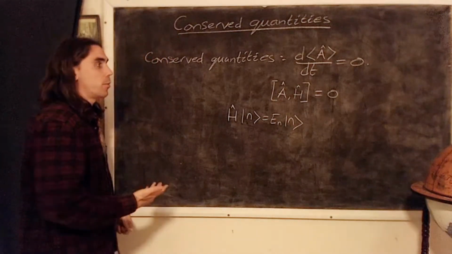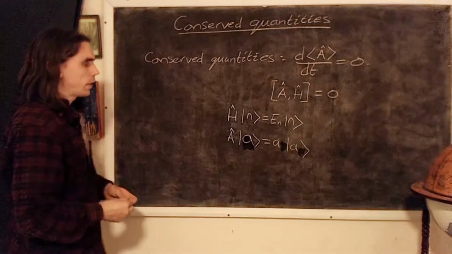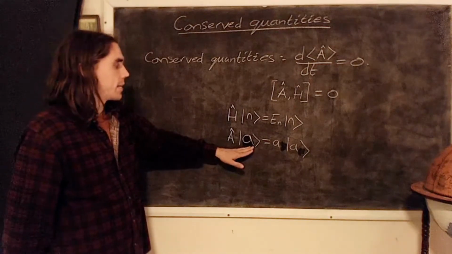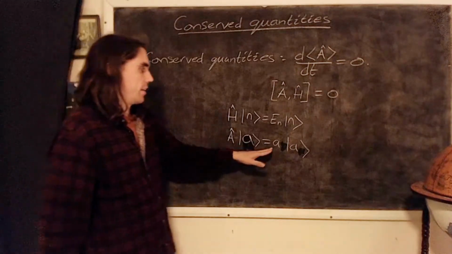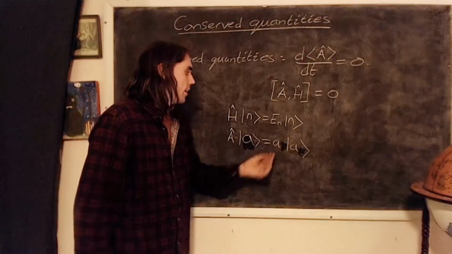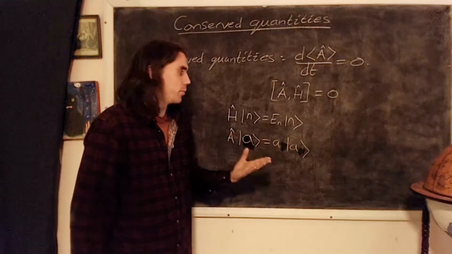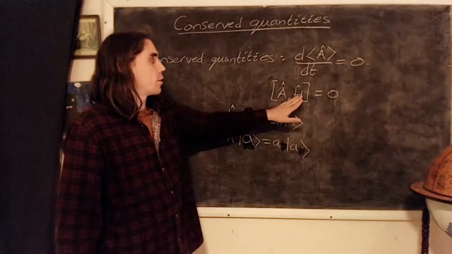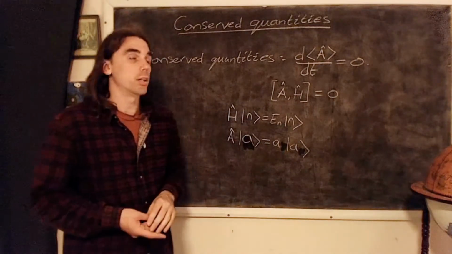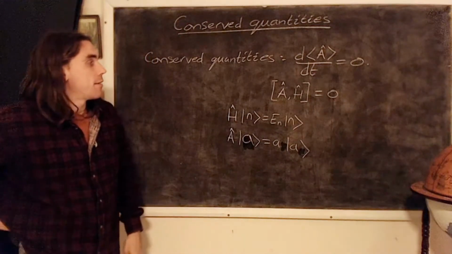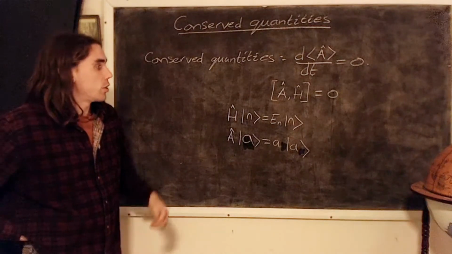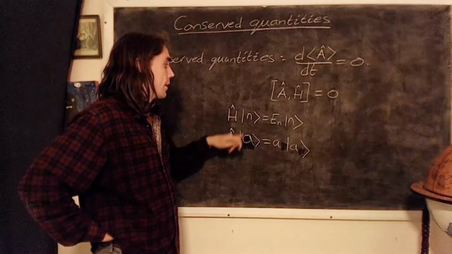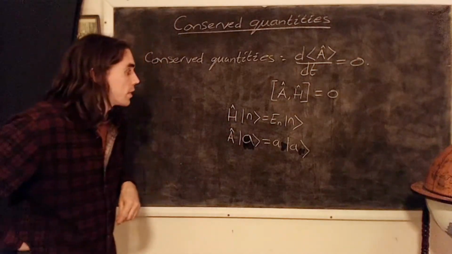And for our arbitrary operator A, let's define the following equation. So the operator A has eigenstates, which we'll label a, and we'll call their eigenvalues a as well. As you've seen, this is quite a common notation that we tend to use. And so what we're saying is that if A and H commute, it's a general theorem, which you can prove in the problem set, that it's possible to find a set of eigenvectors which are simultaneously eigenvectors of both of these operators. So we could have the following,